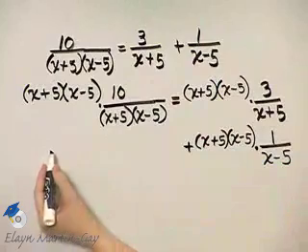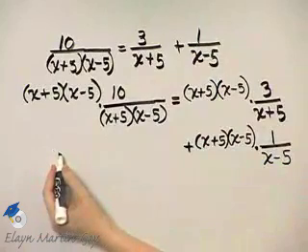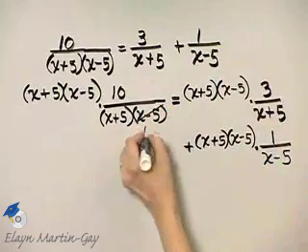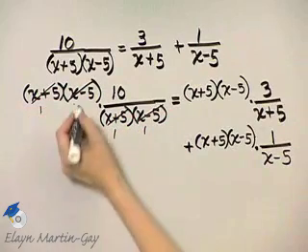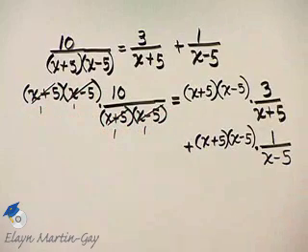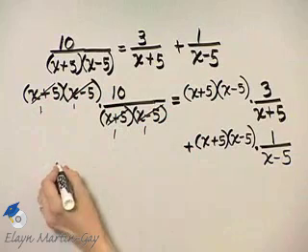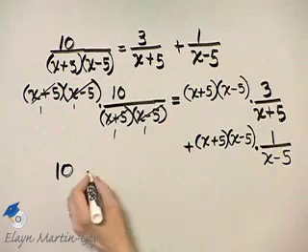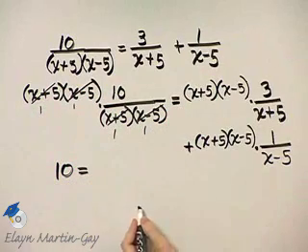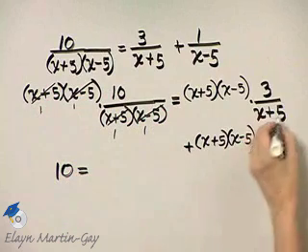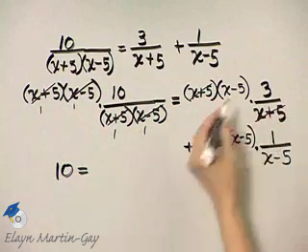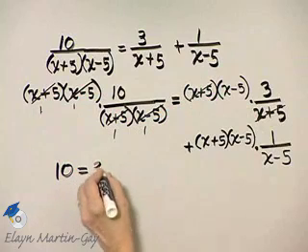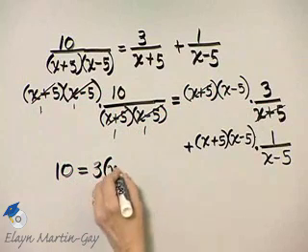But now notice how nice it gets once we simplify. That divides out. That divides out. We are removing factors of 1, and I have just 10. And that is very, very nice, is equal to, and then watch what happens. This divides out, and I have 3 times x minus 5